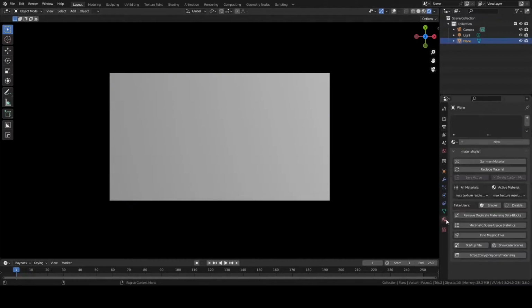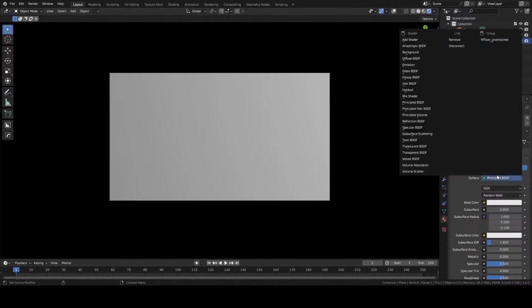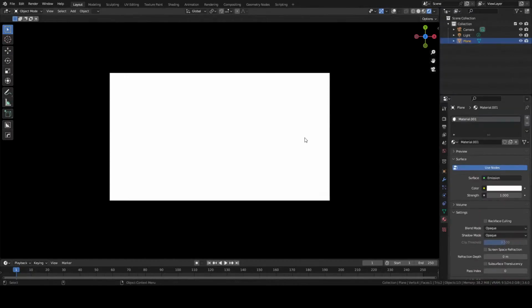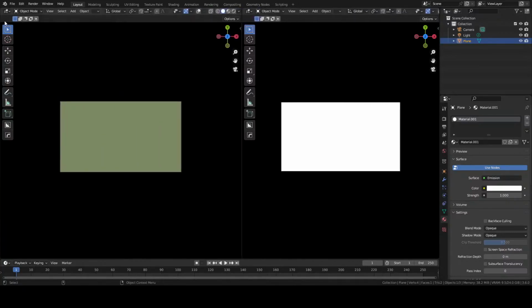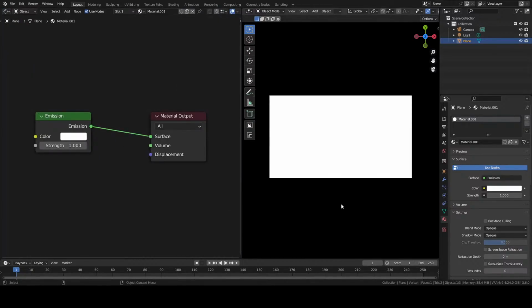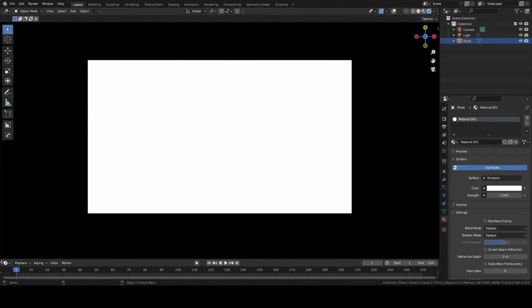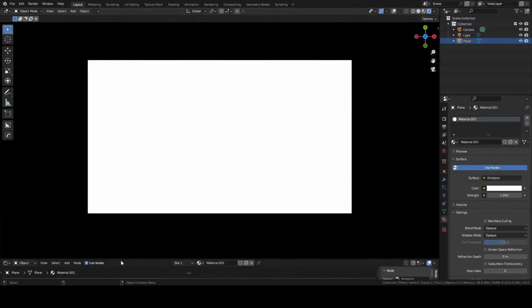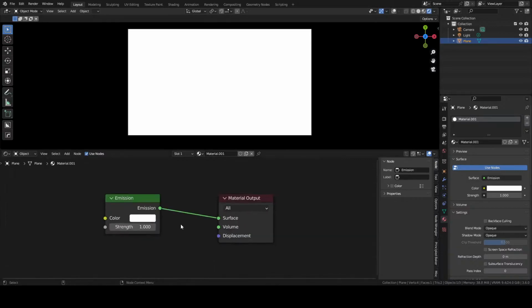Let's add a shader, this material, and instead of a principled, we're going to add an emission shader. It's going to give us no glare and stuff like that. We're just gonna have black and white, which is what we want, 0 and 1, black and white. So let me drag this over here and add a shader editor. All right, here's our shader. Here's our image. Actually, for this one, because it's 16 by 9, I'm gonna put the shader nodes below it so you guys can see what I'm doing. There we go. All right.